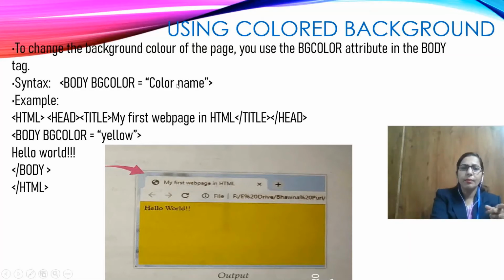Okay, I want my web page background to change from white to yellow. Here is the code. We have to write HTML, and the ending of this HTML is here. In the HTML tag we have to write head, and the ending of head is here. Between the starting and closing head tags, we can